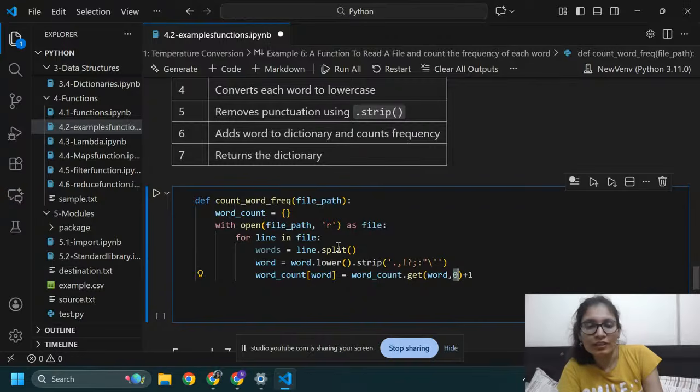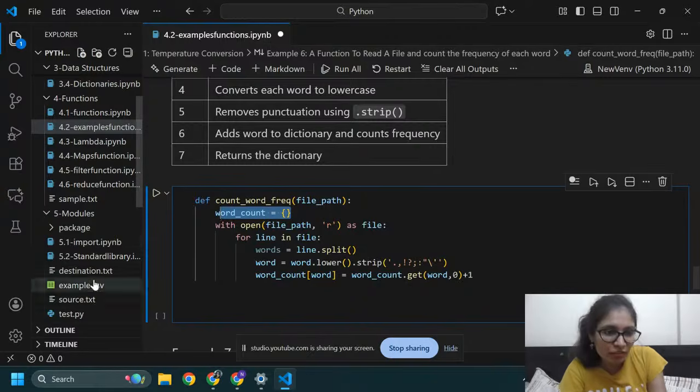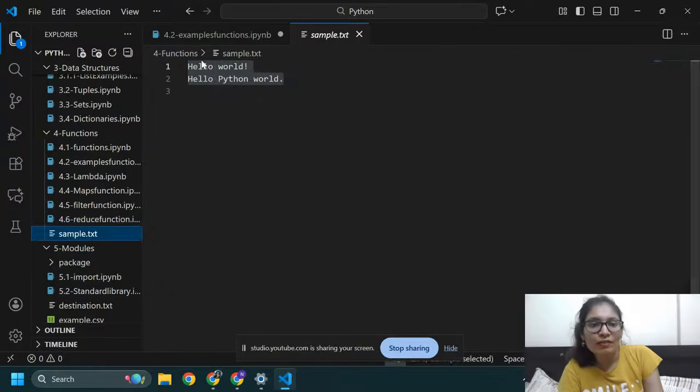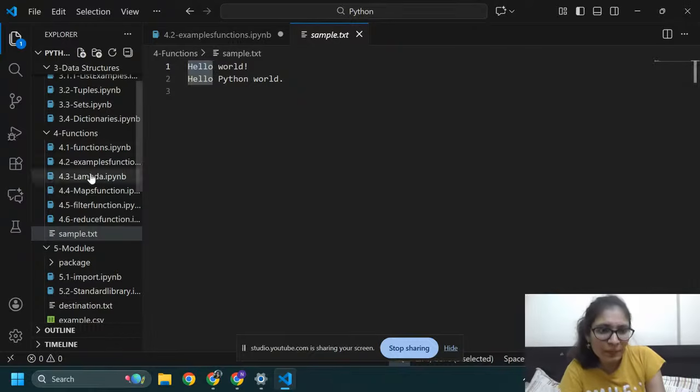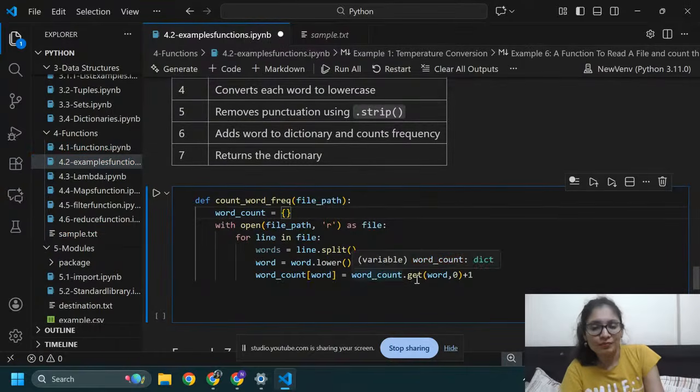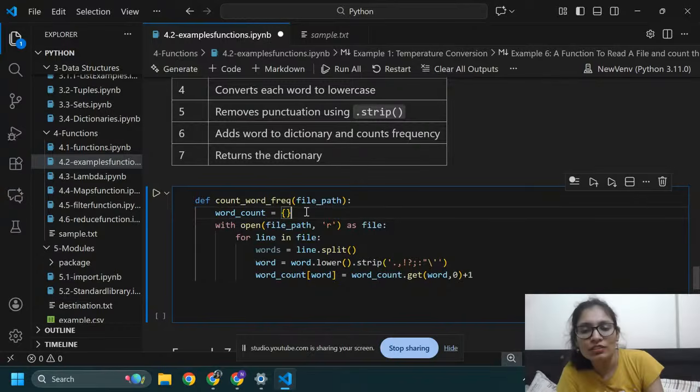So initially, if we check this word_count, it's empty, we don't have any frequency of this. Now in the file, I'm going to calculate hello. Initially we don't have any hello in word_count, so its count is 0.